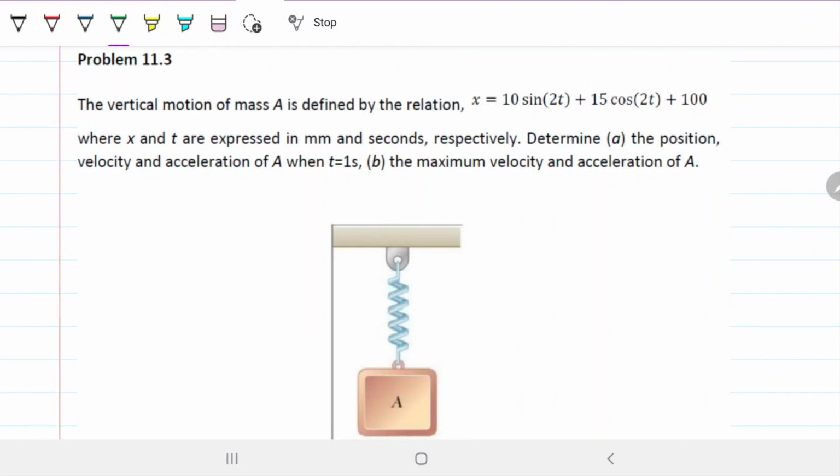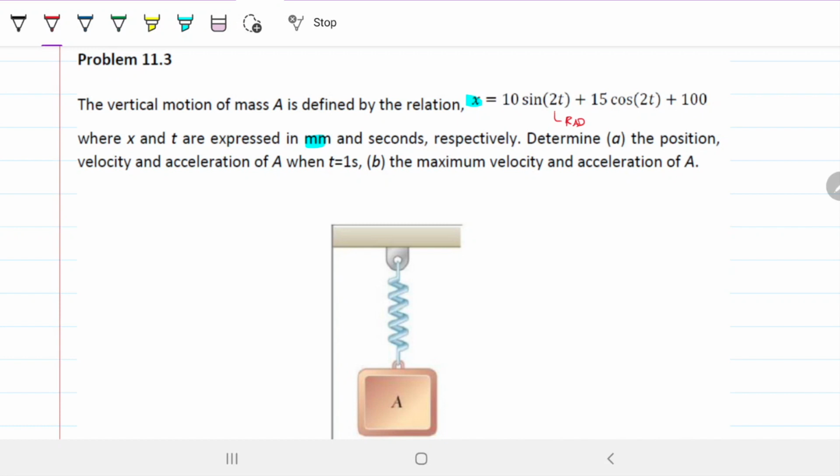11.3. The vertical motion of a mass A is defined by the relation x equals 10 sine of 2t plus 15 cosine of 2t plus 100, where x and t are expressed in mils and seconds respectively. Okay, so first thing to note is that if x is expressed in mils, then that means that this guy has to be in radians, right? Determine A, the position, velocity, and acceleration of A when t equals 1 second, and the maximum velocity and